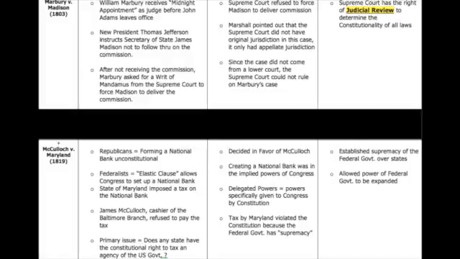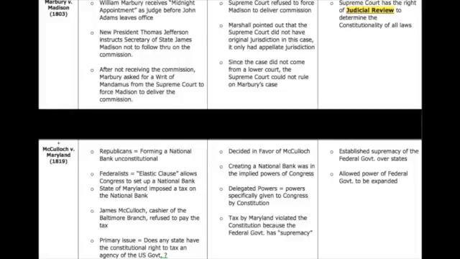So as protest to this, the state of Maryland decides to basically tax the federal bank, and specifically the Baltimore branch, which is run by a man named James McCulloch. Folks, states can't tax the federal government, okay? That's not how it works. And so, of course, Marshall, being the Federalist that he is, said, no, states can't do that. He also says, yes, the national bank can be formed because of the implied powers of Congress, as outlined in the Constitution. And essentially, states can't tax the federal government. They don't have that power, all right?